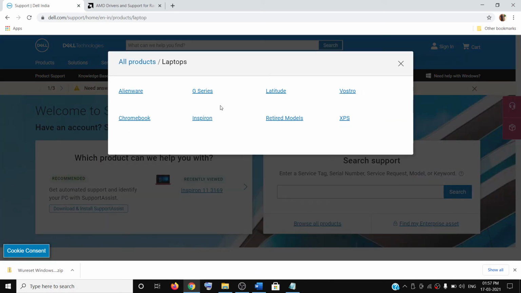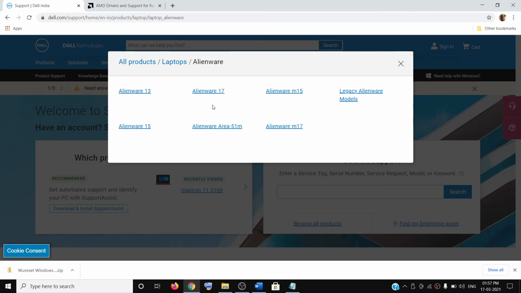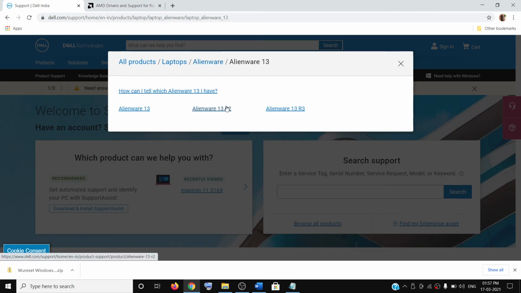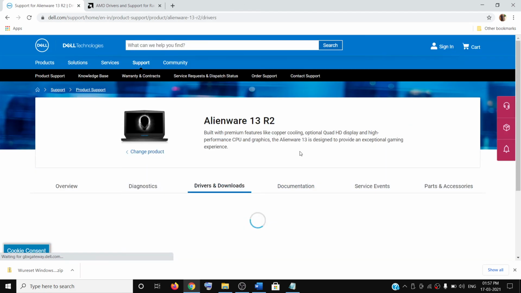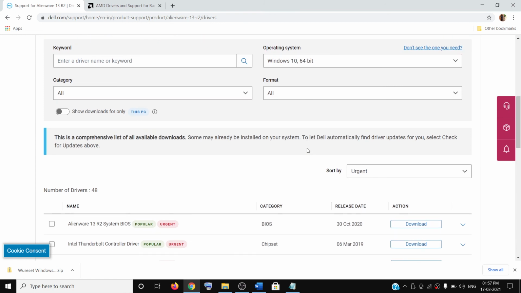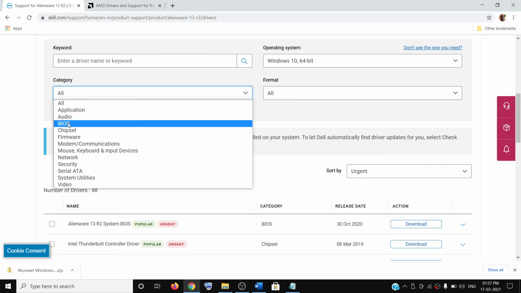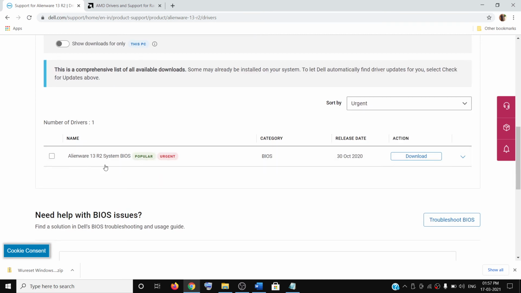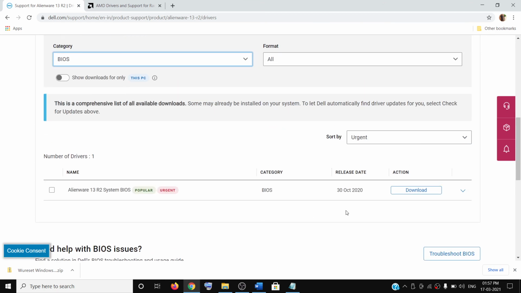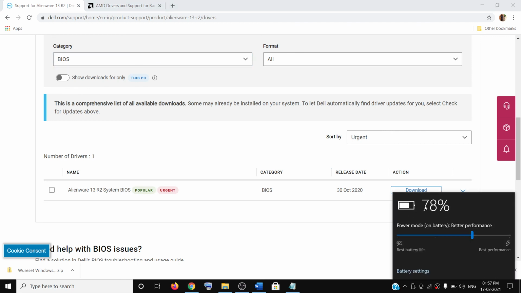So make sure that you select your model number and go to your system manufacturer website. And from the website, you can go to drivers and download page. And then you can select the BIOS and download the BIOS. And once the download is complete, run the BIOS exe file. Now, before you update the BIOS, in case of laptop, make sure the battery on your computer is more than 10% and the charger is connected to the computer, and disconnect all the external devices and then update the BIOS.